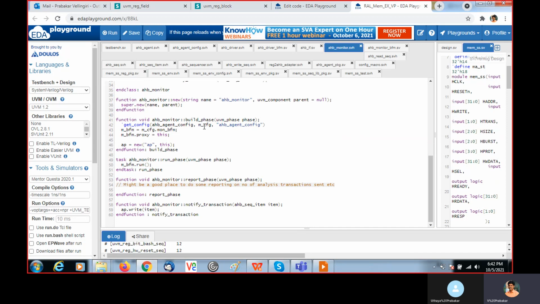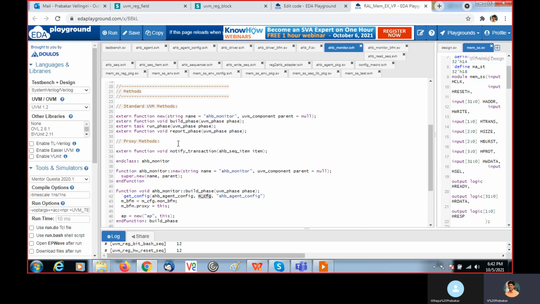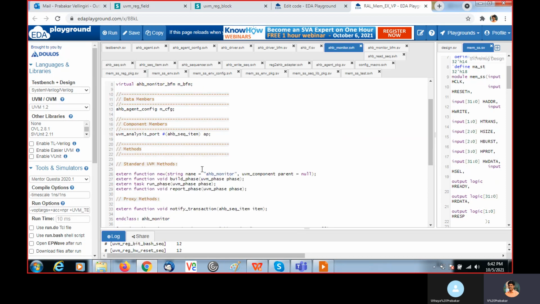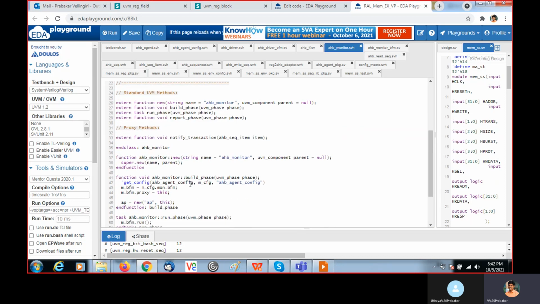So we are getting the AHB agent config and then we are getting it here for mconfig. Mconfig we declared, right? The AHB agent config. That handle we are getting using this get method. If you see inside the agent config, we have this mon BFM.